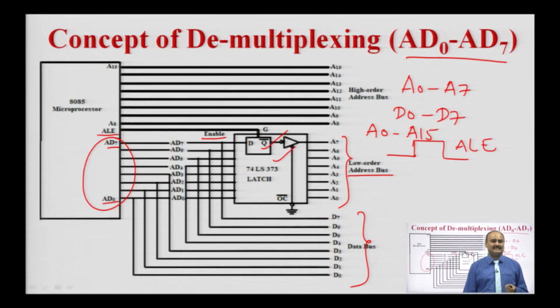Once the latch is disabled, it will not pass information from input to output, and at this instant the processor uses the multiplexed address and data bus for the 8-bit data. Means the processor will carry the 8-bit data with the help of D0 to D7. So, this is the concept which is used during the demultiplexing of address and data bus, while the high order address is carried with the help of the high order address lines, that is A8 to A15 of the microprocessor. Demultiplex means separation of the low order address and the data from the multiplexed address and data bus.